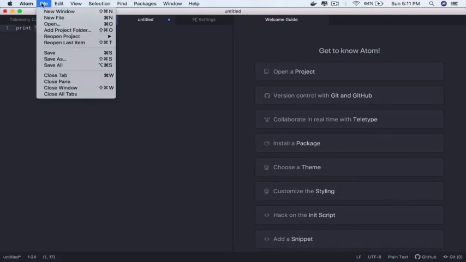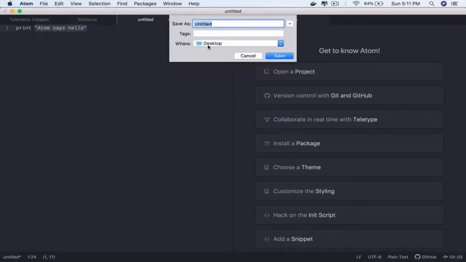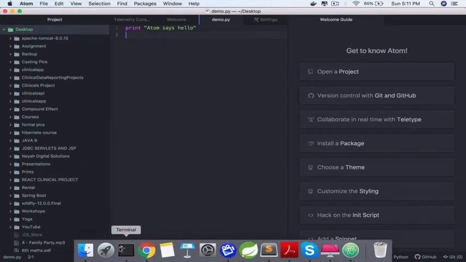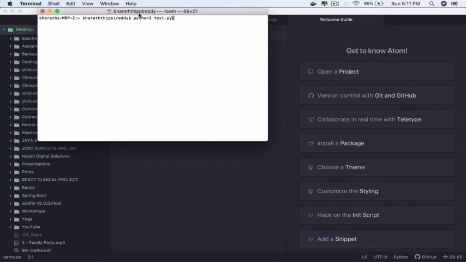Let's save this file. File, Save. I'm going to save it to the desktop. I'm going to say demo.py. That's the file name. All Python scripts end with .py. Save. Now to run this program, now that you have Atom Runner, you need not go to the command line, go all the way to the desktop and then say python3 demo.py.